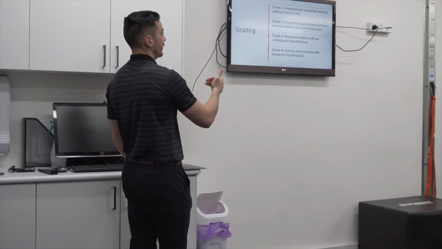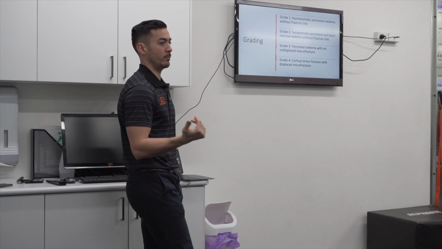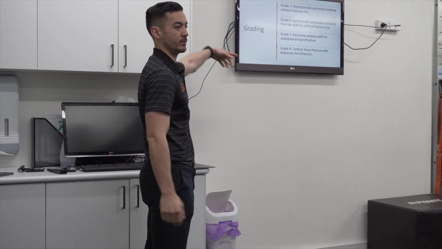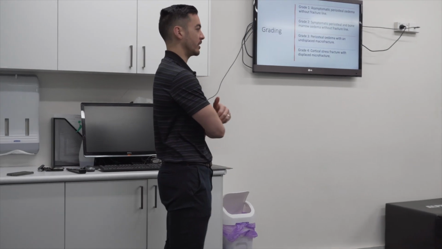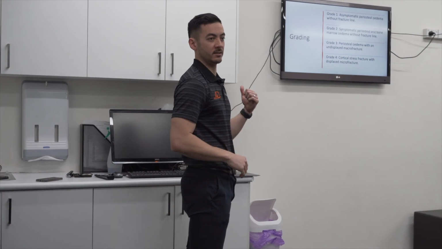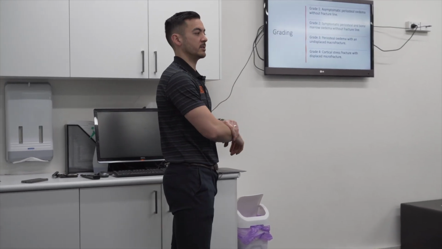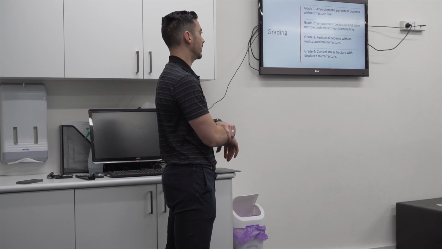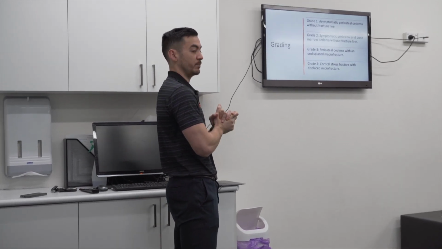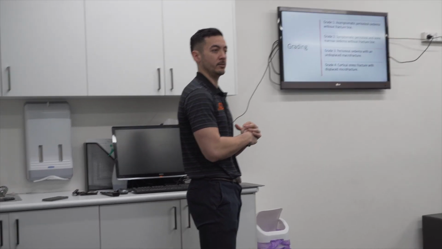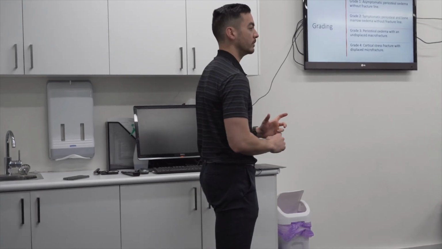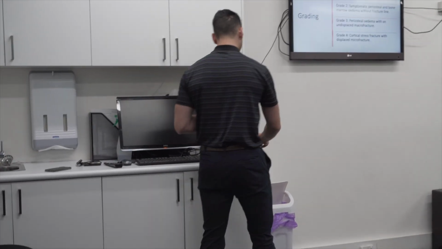Then we can obviously progress further. There's the edema with an undisplaced fracture, and then we can have a cortical stress fracture, which is probably almost more a trauma fracture than it is a stress fracture. But I put that in there mainly because we saw this with Ed. So Ed, one of our runners, had a 3 centimeter stress fracture in his calcaneus, and it almost looked like it was about to break off. So it's still a stress fracture, but I think I've got the images. It was horrendous when you looked at the photos.